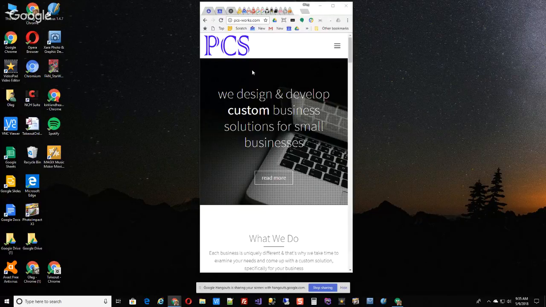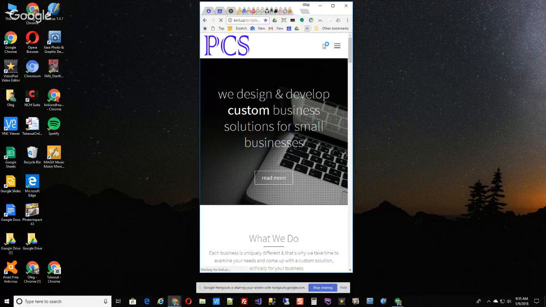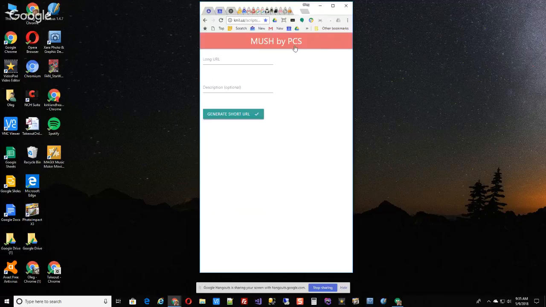So I called it MUSH, which is short for My URL Shortener. I figured it's a cool enough name. And so to run MUSH, it's very simple. You have a bookmark. And so I go here and I just say create short links. It's as simple as that. And so here it asks for a long URL. So we'll put in something like,